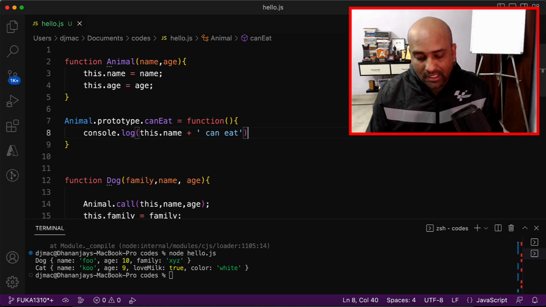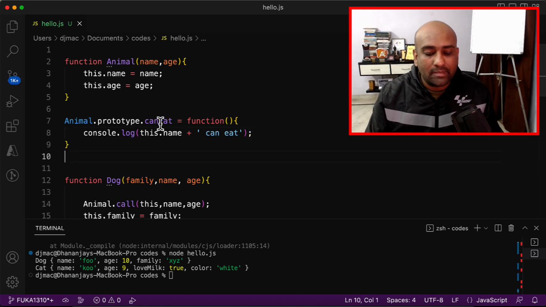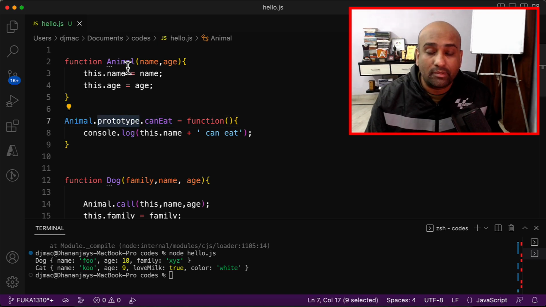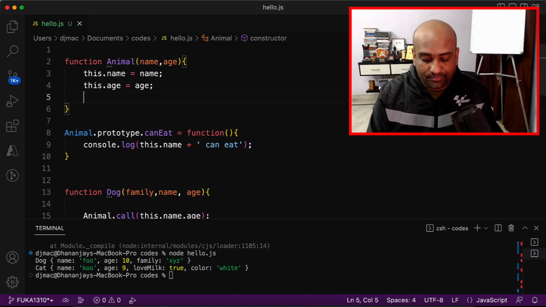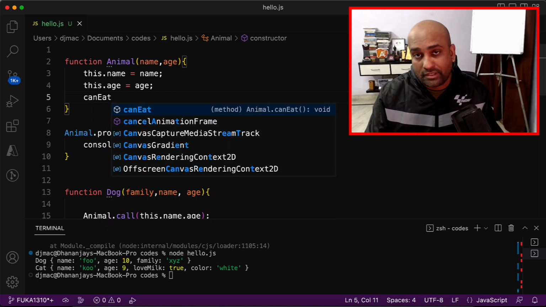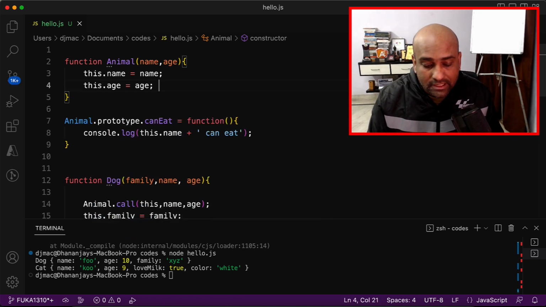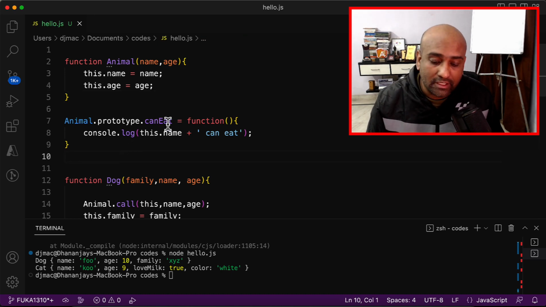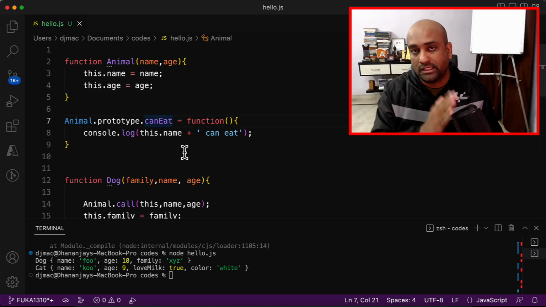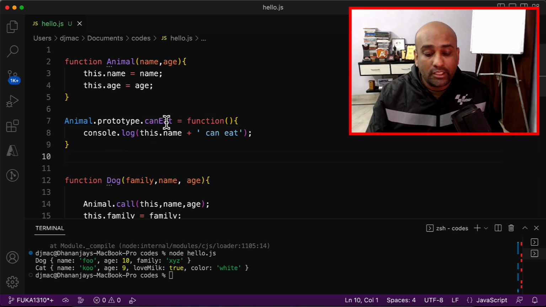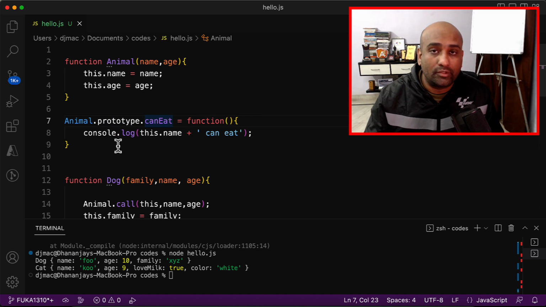All right. Now you may have a question: why am I adding this function canEat in the prototype of Animal function, and not here? We can add that here as well, but why are we not doing that? Because this is the better approach, and this is the approach you should follow: if you want a functionality to be shared across all the objects of a function constructor, you need to add that with the prototype object